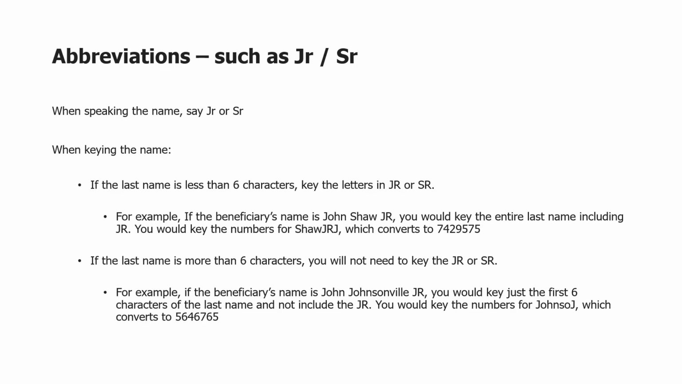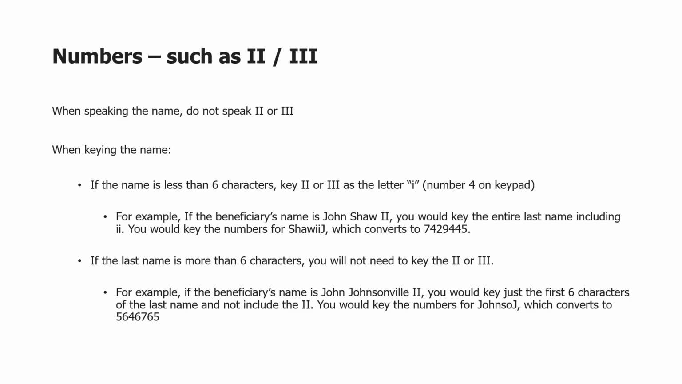For example, if the beneficiary name is John Johnson Willie Jr., you would key just the first 6 characters of the last name and not include the junior. You would key the numbers for Johnso, J, which converts to 5646765. When speaking the name, do not speak 2 or 3, but when keying the name with number 2 or 3,